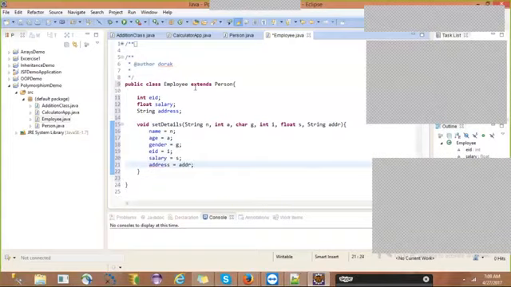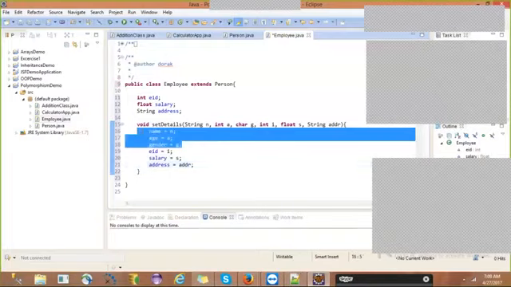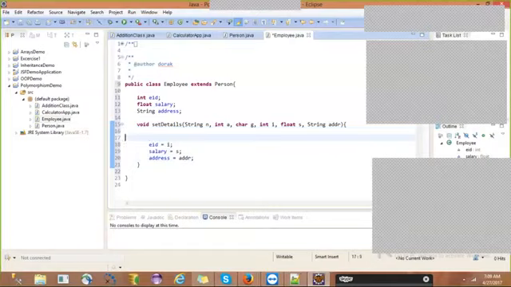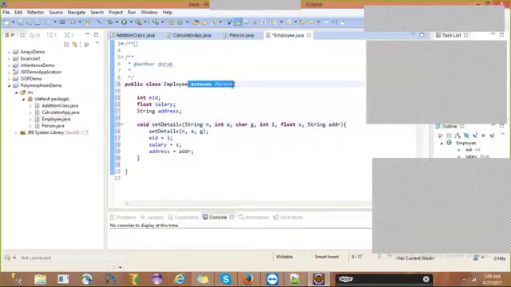But as we are extending here, instead of writing these lines of code, you can call the parent class method, the inherited method: set details, name, age, gender. This one we can do because of extends Person, but you can't omit this.